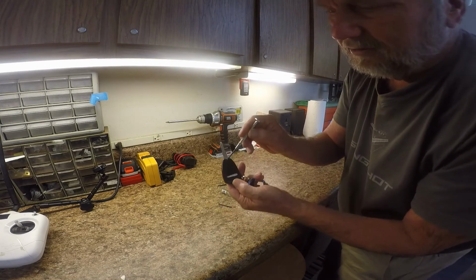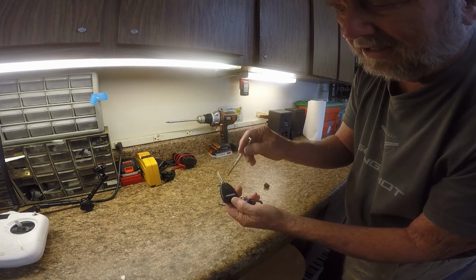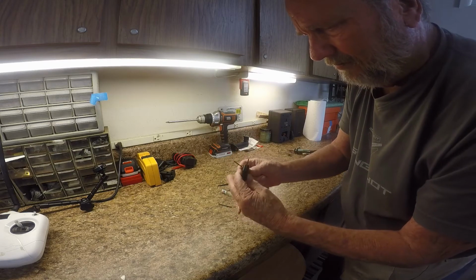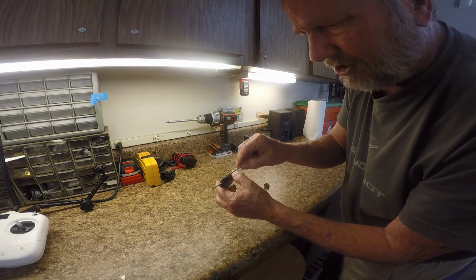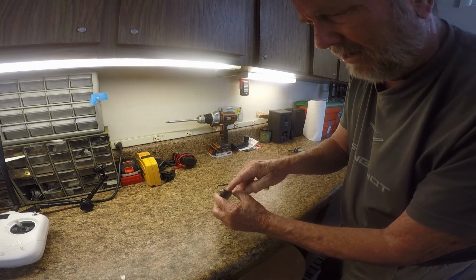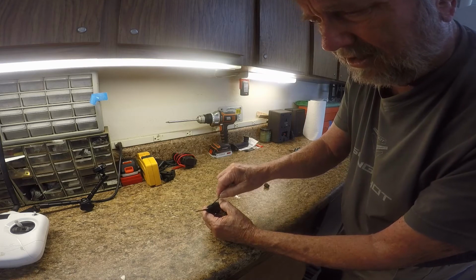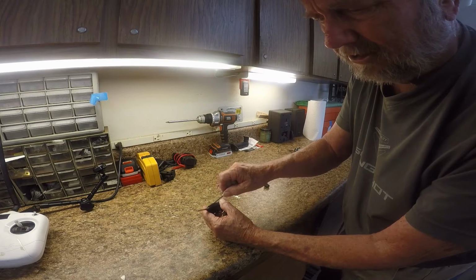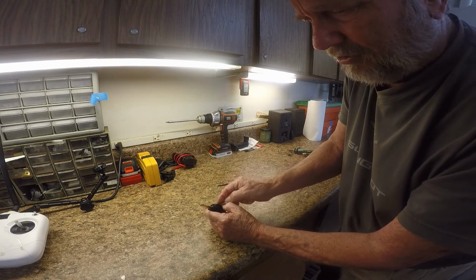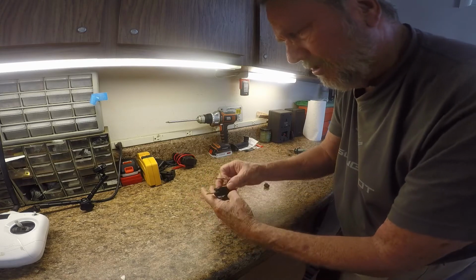So now there's a Phillips screw right here, and you unscrew that with your jeweler's tool. It's a very small Phillips. Okay, once it's done, then you'll find there's a slot over here. Actually, I forgot, you can use a dime and operate that. A dime is about the thickness, and twist and it'll pop open. I can use this also, my little screwdriver, and there. And once you open it up,